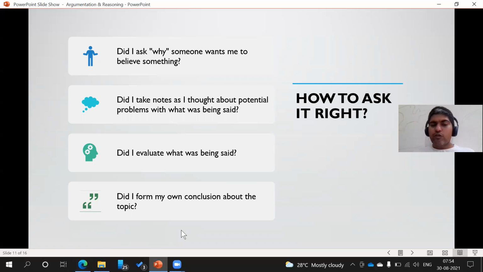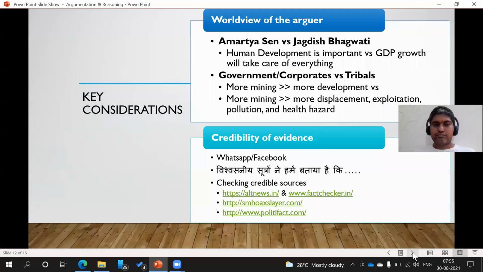Did I form my own conclusion about the topic based on the evidence? Are you believing what others are saying, or are you applying your own brain to analyze the evidence, the link between the evidence, to put it in certain brackets and say that, okay, on the basis of this evidence, I can reach this claim, but these are the boundary conditions. These are the things that the other person is claiming, but there are limitations to that. Are you making those kinds of things? So by asking the right questions, you will usually discover that there are a number of possible weaknesses in the arguments of the communicator.